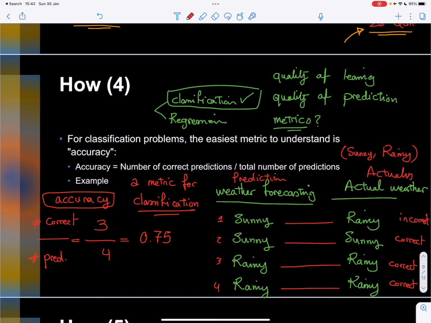So no more vague terms such as quality of learning. We now have one actual metric. What is this metric? It is accuracy. Okay, so let's review it. We want to assess the quality of learning, and we use quality of prediction as a proxy. And how do we measure quality of prediction? There are different metrics. One of them is accuracy for classification problems. For regression problems, we will introduce another metric, but not now. It's enough for you to learn accuracy and the concepts.